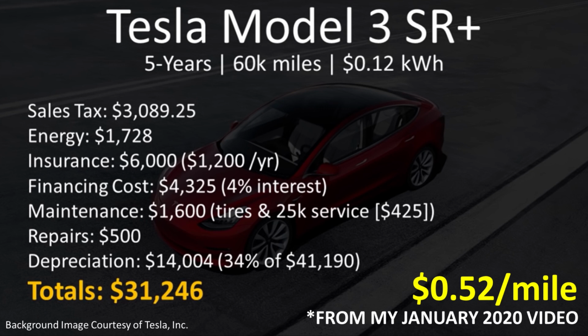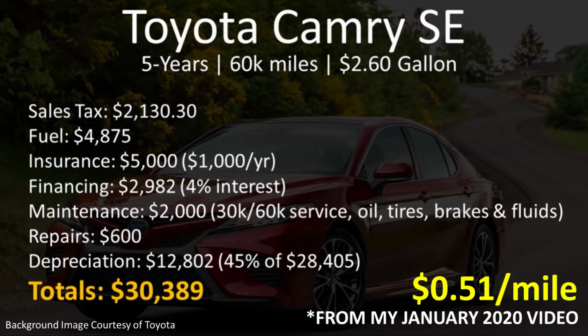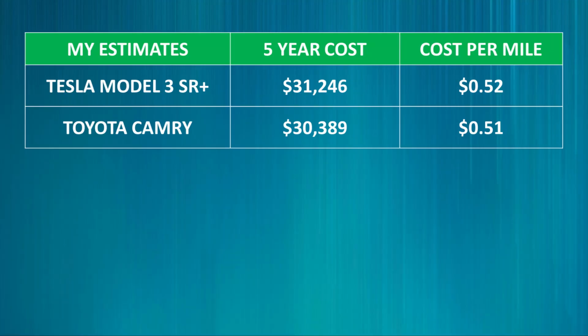Tesla Model 3 Standard Range Plus with an initial purchase price of $41,190. And here's a screenshot of my calculations for the 2020 Camry SE with an initial purchase cost of around $28,405. As you can see, my past calculations pegged a Camry SE true cost of ownership for a 5-year, 60,000 mile ownership period to be about 51 cents per mile, and the Model 3 Standard Range Plus to be around